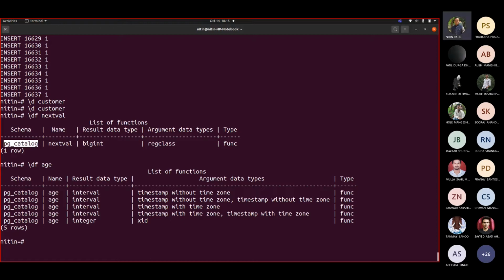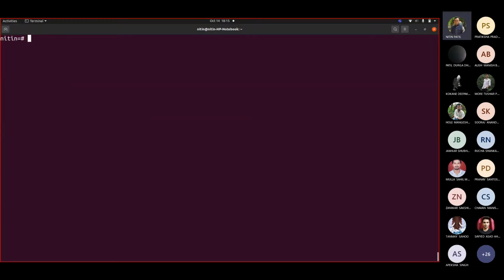This takes multiple forms, so let us go with the difference. Let me write select age, and let me add today's date. Today's date is what?